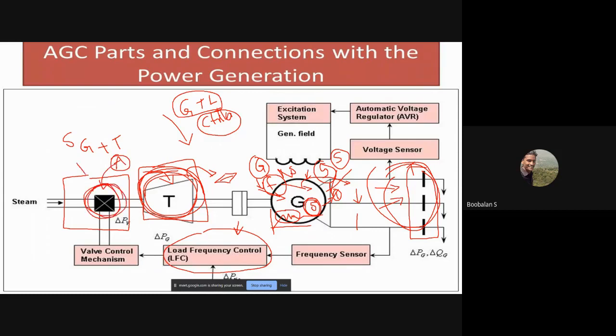To adjust the steam governor, I need a servo motor. The servo motor will control my steam valve. To control the servo motor's signal, I need to control its voltages with the help of a servo amplifier. To control the servo amplifier, I need a PID controller. And the PID controller needs to generate a command, in the sense that I need a reference signal, right?